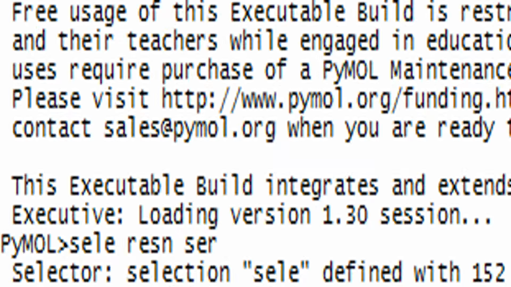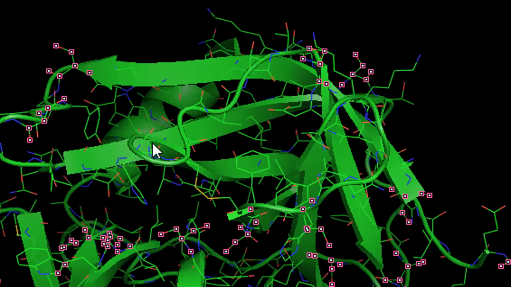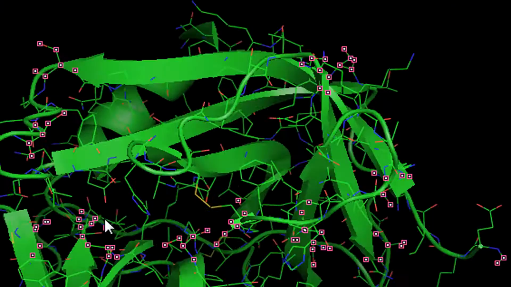In this tutorial I'm going to discuss how to select specific amino acids in Pymol. The structure we're looking at is chymotrypsinogen, which is the inactive precursor of the protease chymotrypsin. We know from textbooks that the active site serine residue is residue 195, but if we weren't sure about the